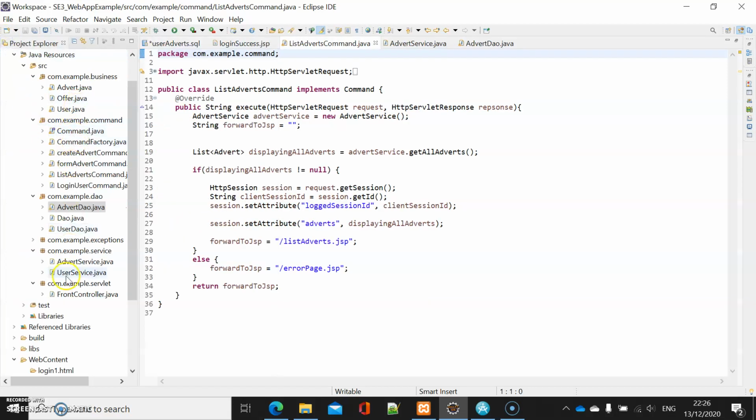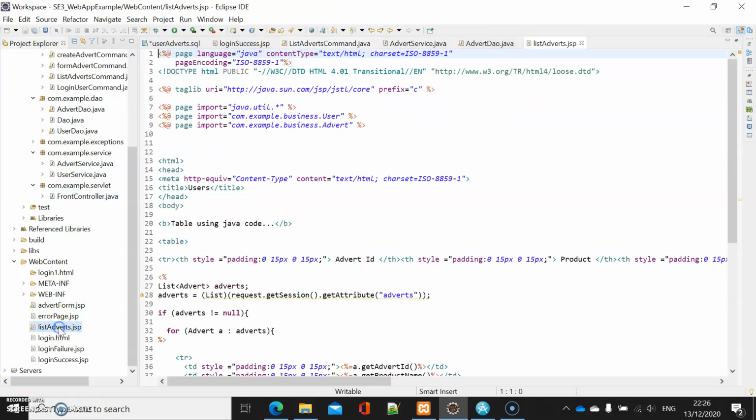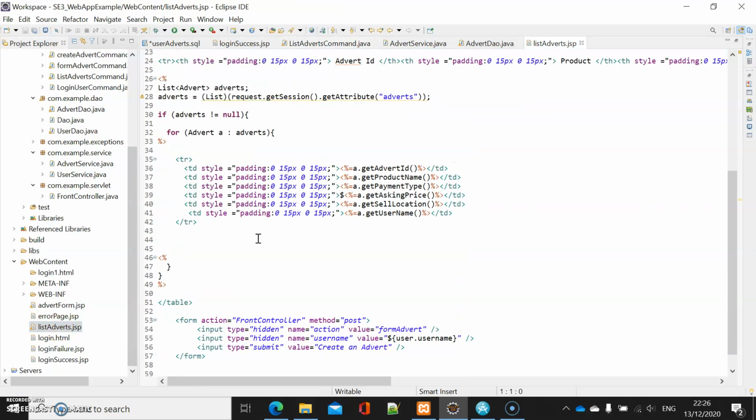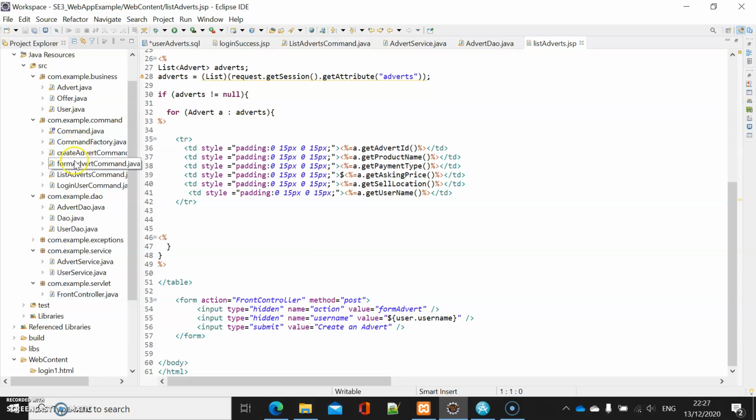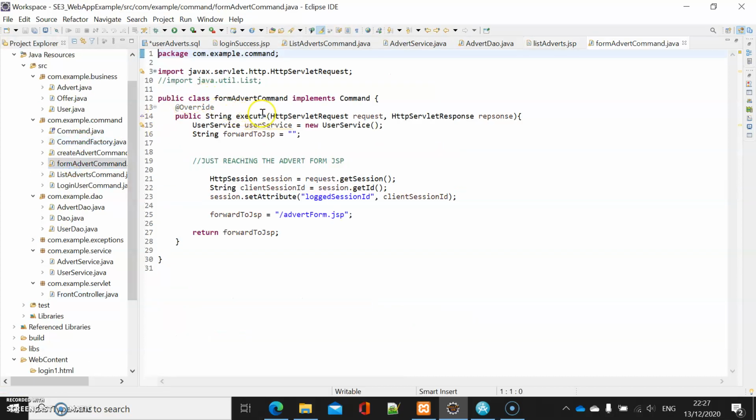So in the list adverts JSP, we will now be able to see the adverts that are available in the table as seen, which will display their ID, product name, payment type, asking price, sell location, and the username of the user who created that advertisement. There also exists a button which will pass the username of the current user who is signed in. Using the value form advert, we will go to the form advert command, which then